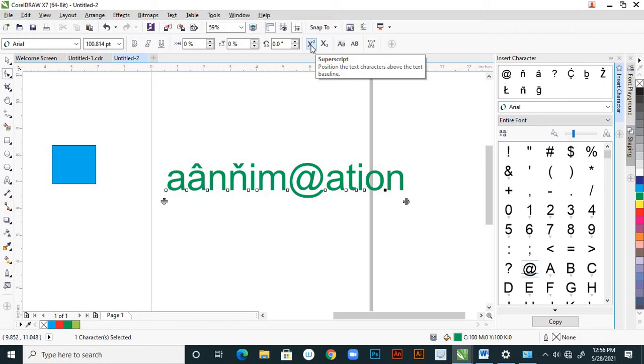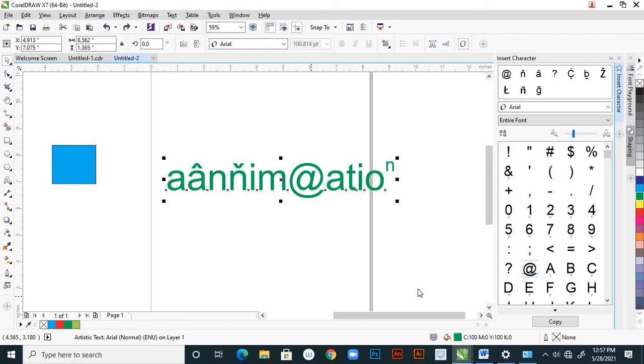Position the text characters above the text baseline, and here it is below. Position the text characters below the text baseline, and these are what? Suppose underlines, right? So here I am adding superscript. See, this N is changing on top of O, or otherwise suppose here I am using subscript, right? So this one, control Z, yes.